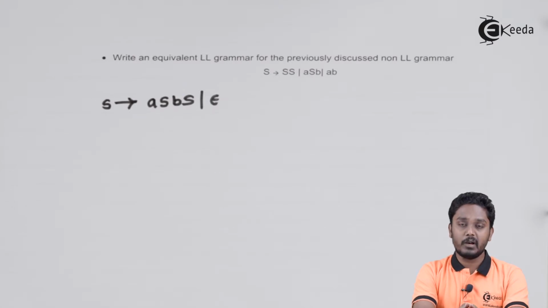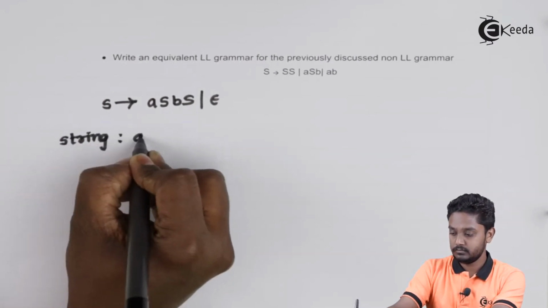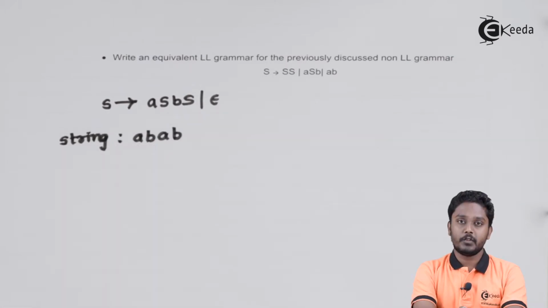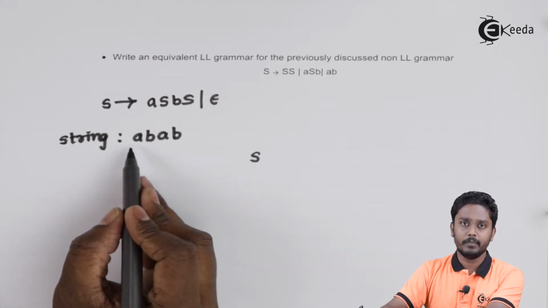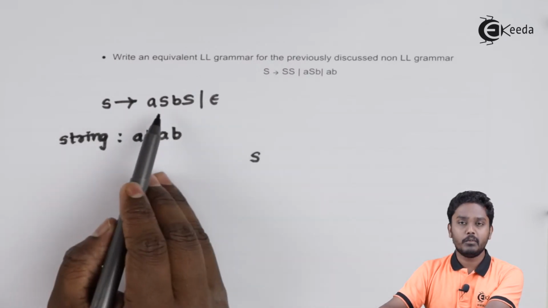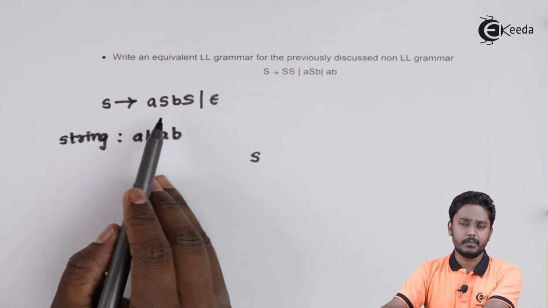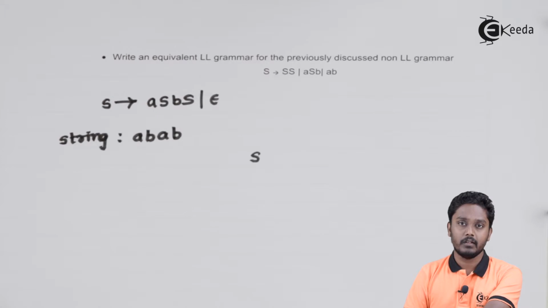Let us see whether this grammar is producing the string which we produced earlier, that is ABAB. We construct the parse tree starting with S. If we just use one look ahead symbol, the first symbol to be generated is A over here. But if we need A from S, which production is to be used? Can we use the first one? Yes, because it produces A. Can we use the second one? We cannot, because it produces epsilon. So we can decide between the productions using just one symbol.